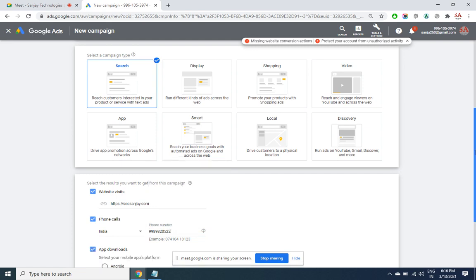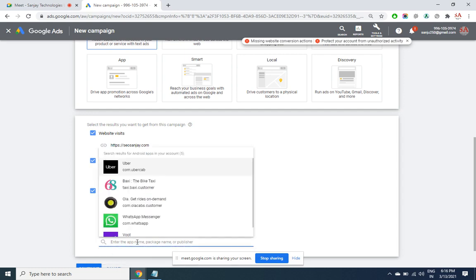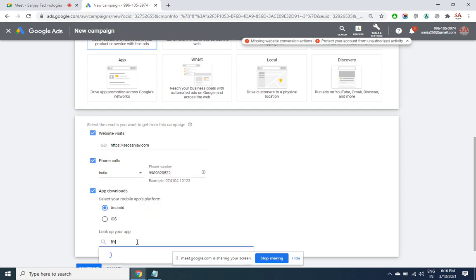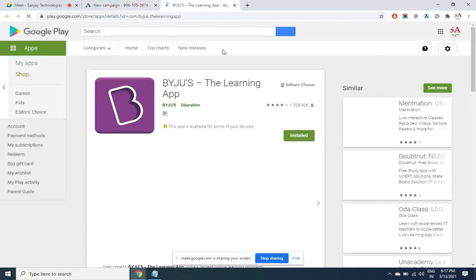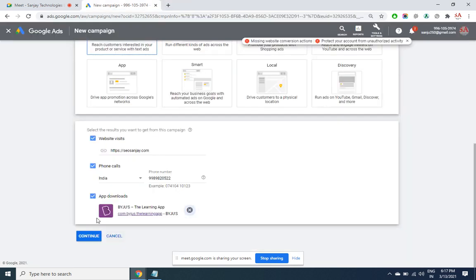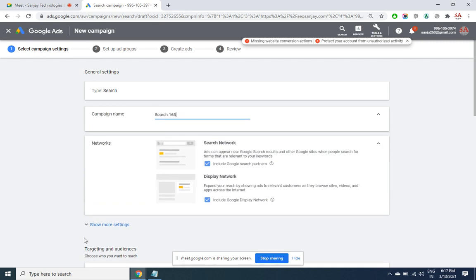I also want app installations. That means you want all-round marketing. So I selected the platform there as search.